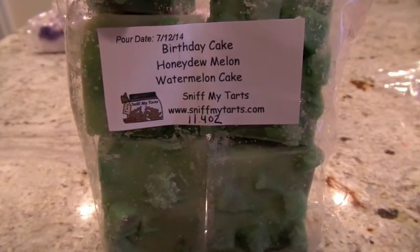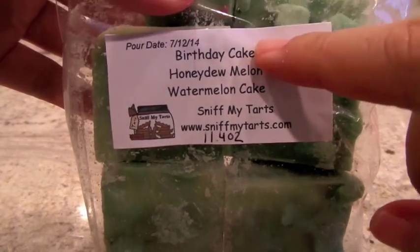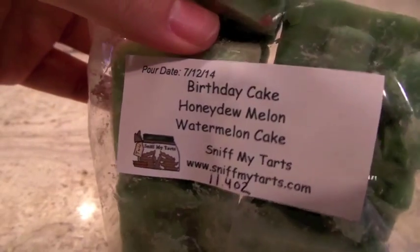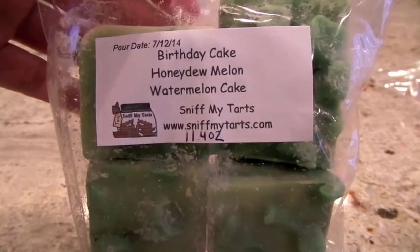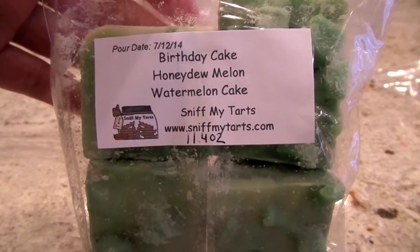Okay, this next one here is birthday cake, honeydew melon, and watermelon cake. This looks like something I would have blended, because I would be like, well, that one has cake, and that one has cake, and that's a melon, and that's a melon. So this just looks like me. So let's see how this one smells here. Oh, I like it. That is a really good...